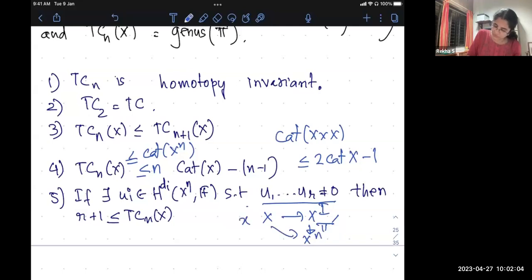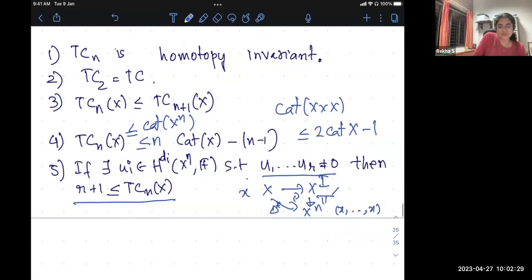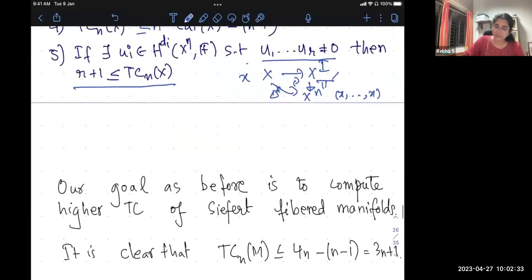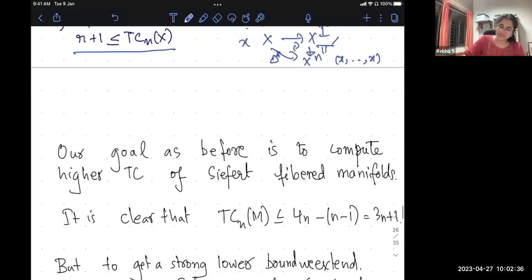So here now x goes to the product x comma x comma x. And just as before, we can look at elements in the kernel of this diagonal map and check what is the largest r for which their product is non-zero, and that will give a lower bound on TCN of x. Okay. So as before, this is not a very satisfactory lower bound, or it may not be a sharp bound all the time. So what we want to do is generalize